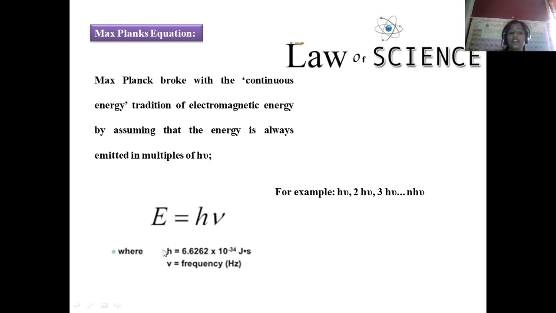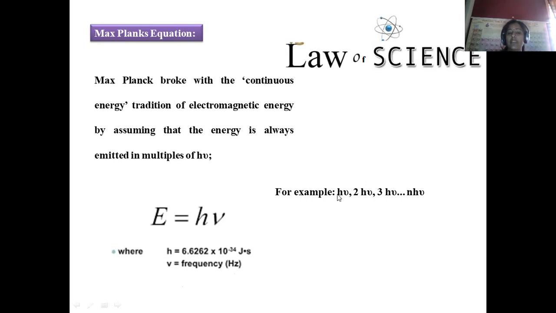So here our energy is propagating. That kind of theory was first given by Max Planck. That is nothing but E equal to h nu. h is called Planck's constant, 6.6262 into 10 to the power minus 34, and nu is the frequency in hertz, right? So this is another assumption provided by Max Planck. Instead of a continuous light ray, there is a possibility of certain packets of light. In the case of light, those are called photons. In the case of energy, you can say those are quanta. This is the assumption given by Max Planck in terms of E equal to h nu.